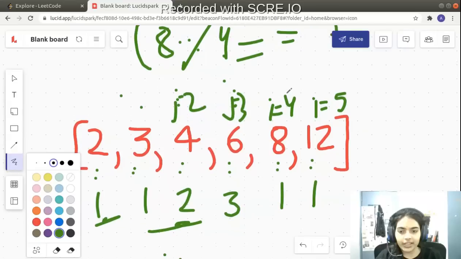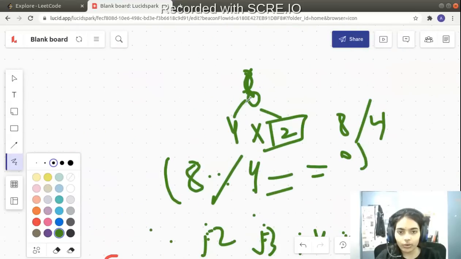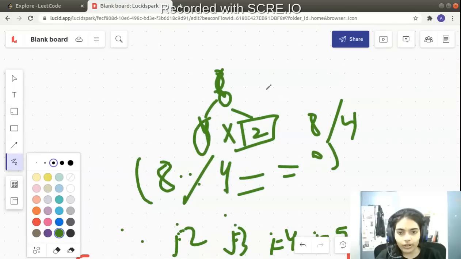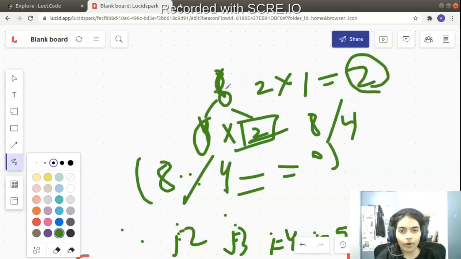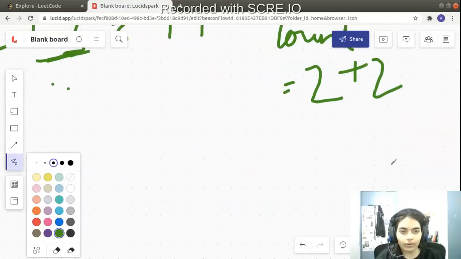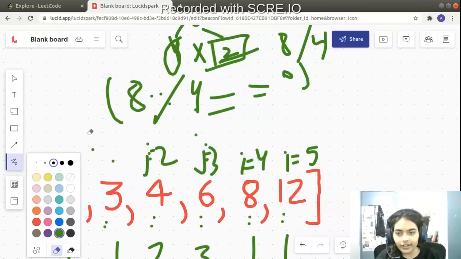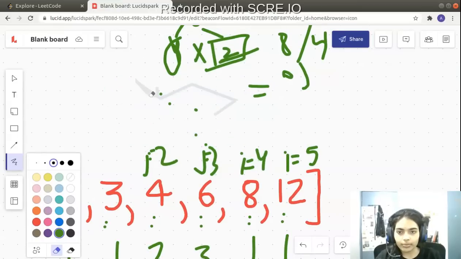Now you check if 2 is present in the map. 2 is present in the map and it has one way. Similarly, 4 is present and it has two ways. So you can form 4 in two ways and 2 in one way. So 2 into 1 is 2. You found two new ways of forming this 8. Already count was 2 and I add 2 to the count, so now my count becomes equal to 4. Okay, now I move forward to the next iteration. Let me erase all of this so that there is some more space.